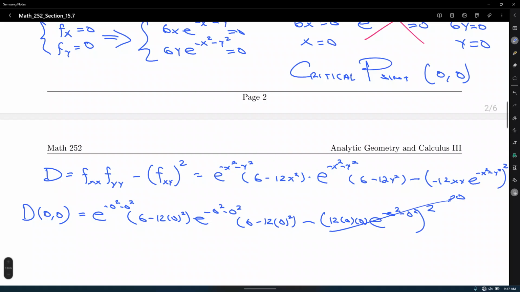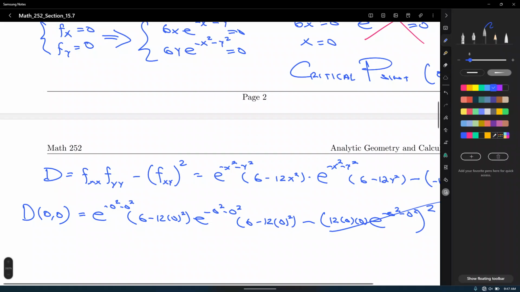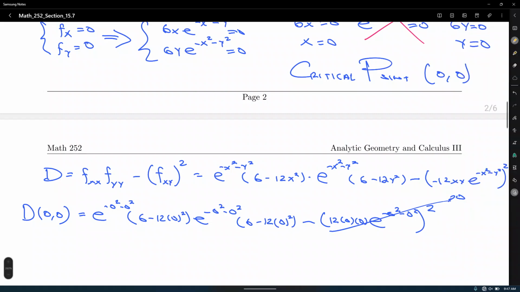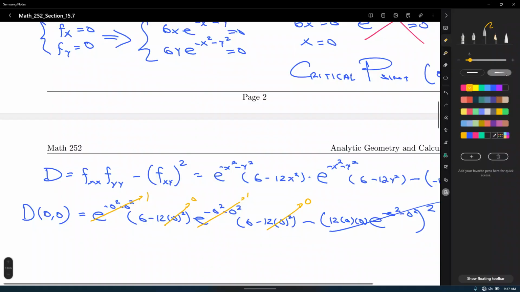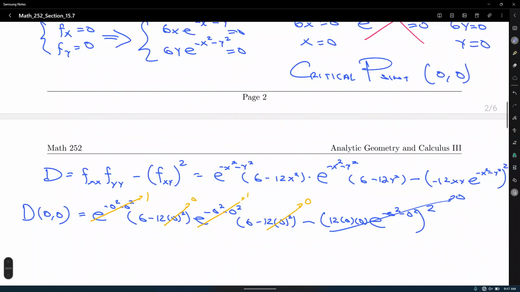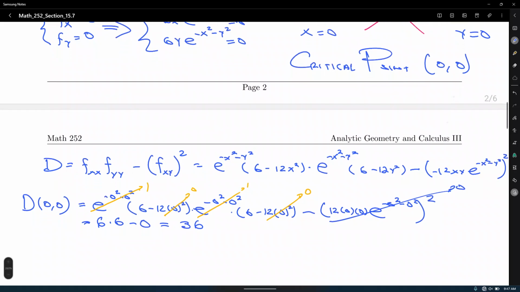And well, what's this going to be? Number one, other simplifications here are going to come in handy. This is going to be e to the 0, which is 1. This is 0. This is another 1. This is another 0. So we're going to be left with the following: 1 times 6 minus 0, isn't that 6? Times another 1 times 6 minus 0, which is another 6 minus 0, that equals 36,